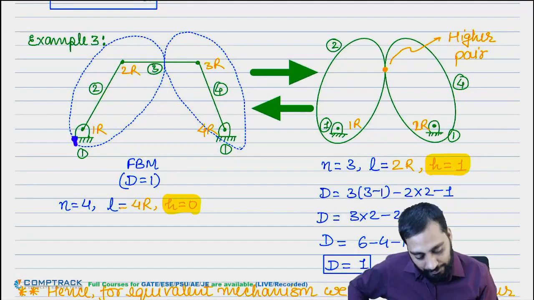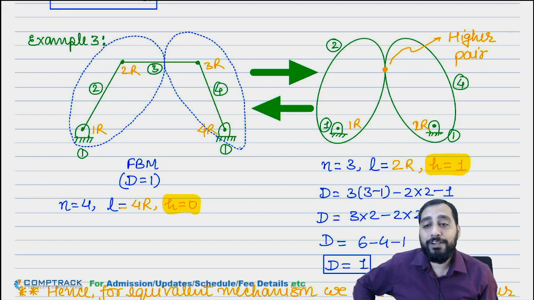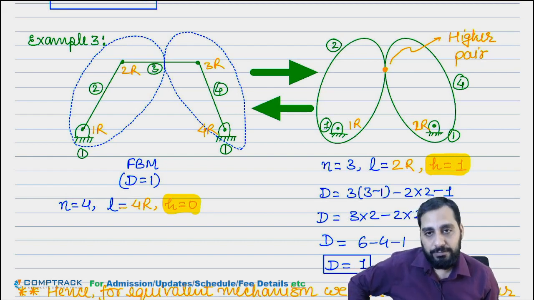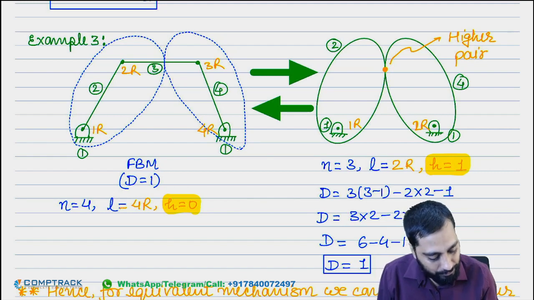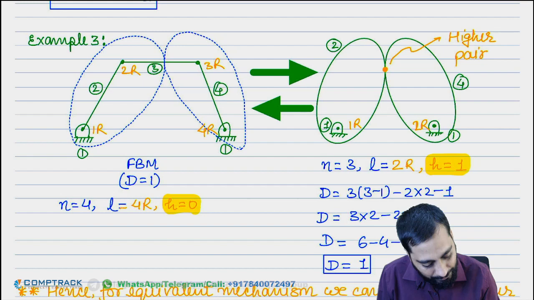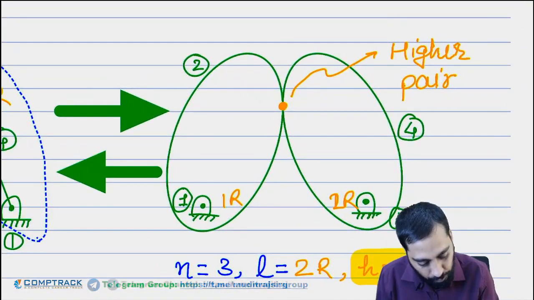When you are converting this into a cam pair, this is a cam pair. Two cams are connecting here, so this is a cam pair. Cam pair means point or line contact, higher pair. This cam will be like two plates. Two plates. How to draw? It will be like two plates.